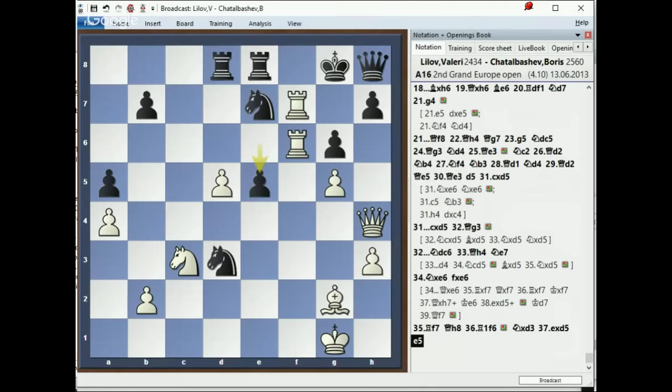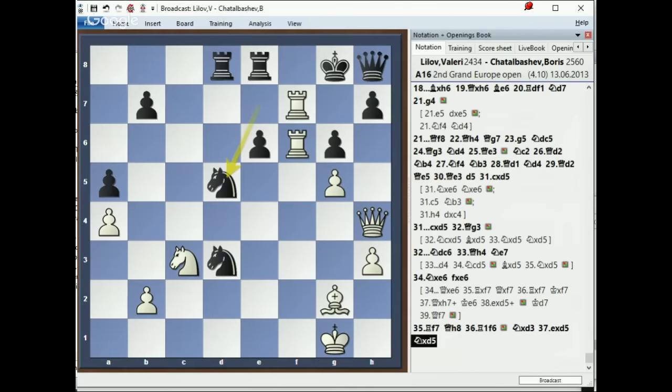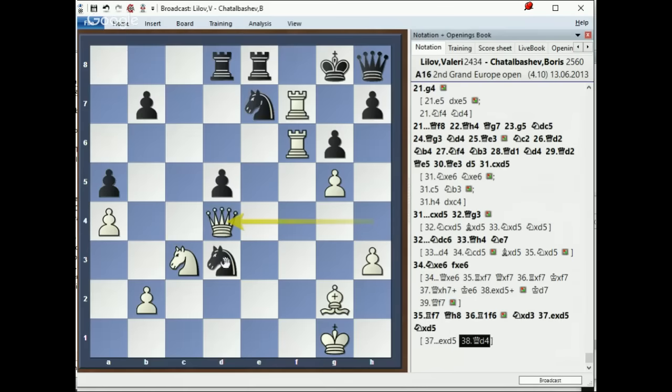Okay, e5 doesn't work due to d5, d6, and he took. And then, actually, first he took with the knight, hoping to exchange some more pieces. Taking with the pawn would have been also bad, because if he took with the pawn, I would have probably played something like queen to d4, attacking the knight, and then if he comes back with the knight, it's just a technique here. That's why I'm not even asking you to find some great moves. So then it could be queen a7, knight b5, whatever. It's perfect. He decided let's exchange.